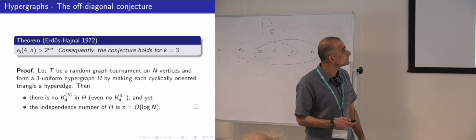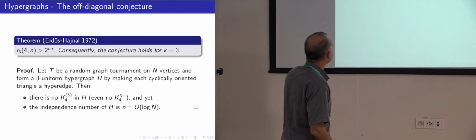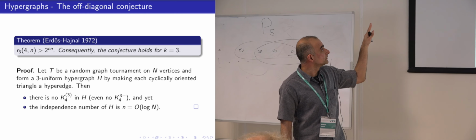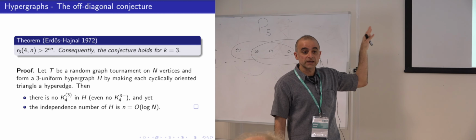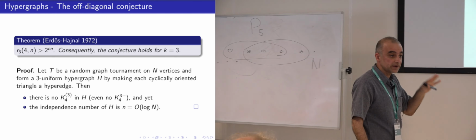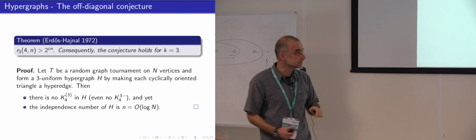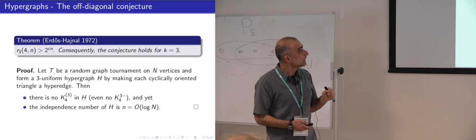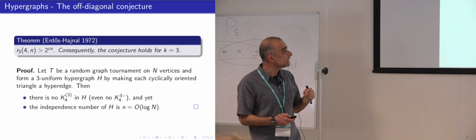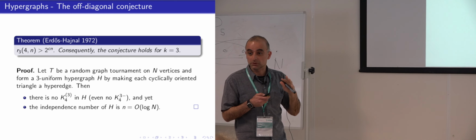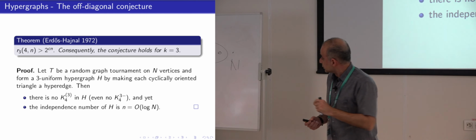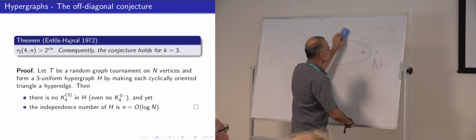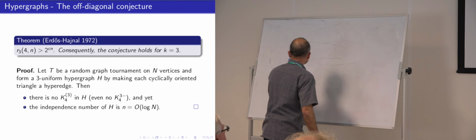So there was some progress on this. Erdős and Hajnal themselves. So before I talk about the larger case of k, let me show you the construction that was given by Erdős and Hajnal in 1972, which is a very important construction in the area of Ramsey theory in questions of this kind. So the case k equals 3 is known, and there's a construction, and this construction combines randomness and determinism in a very clever and important way. So here's the construction. So you take a random tournament, a random graph tournament on capital N vertices,